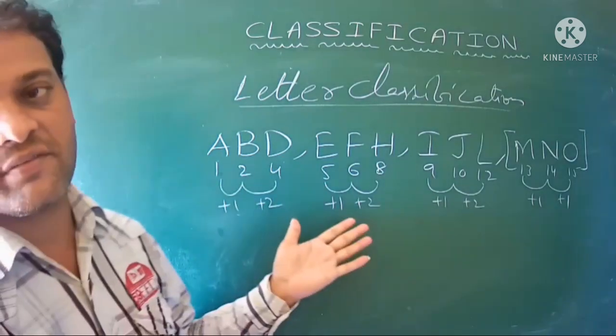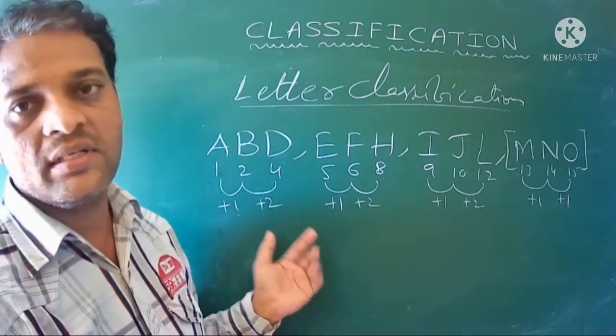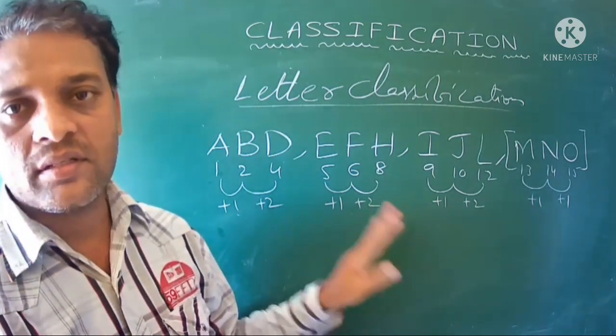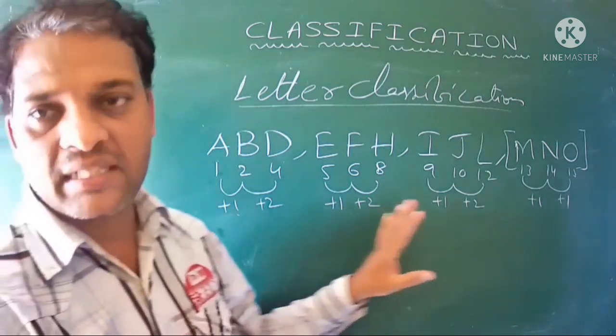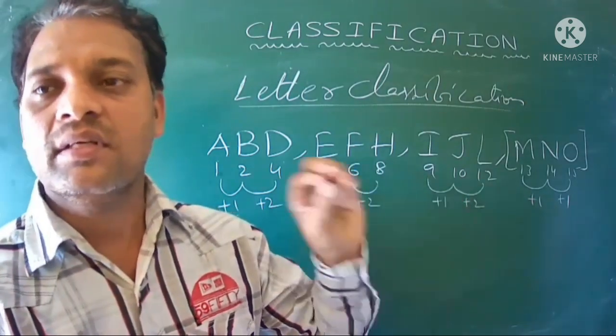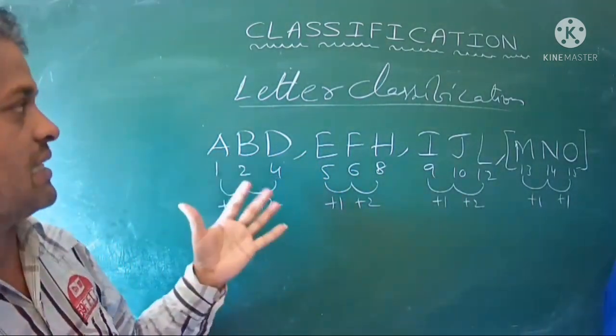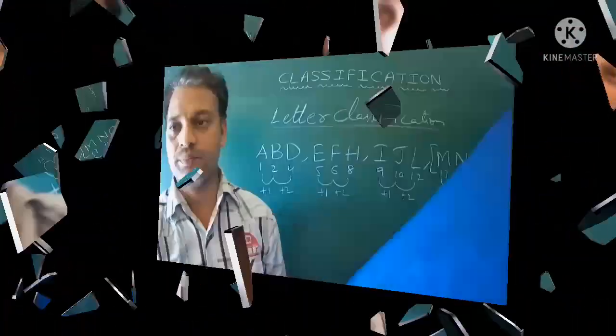Next, word classification. Already I told you one example. Suppose moon and Jupiter, Mercury, Venus, some planets are given. So 3 are from the same category, planets, but moon is different. So those are the examples for word classification.